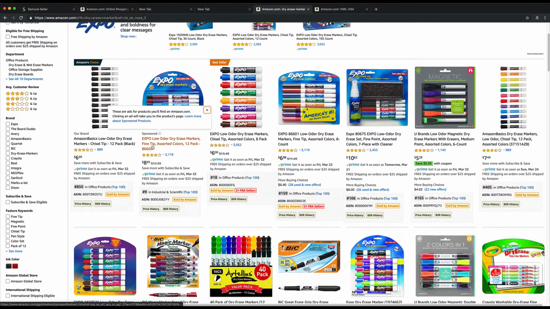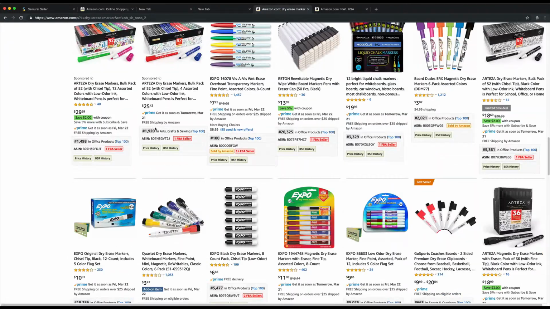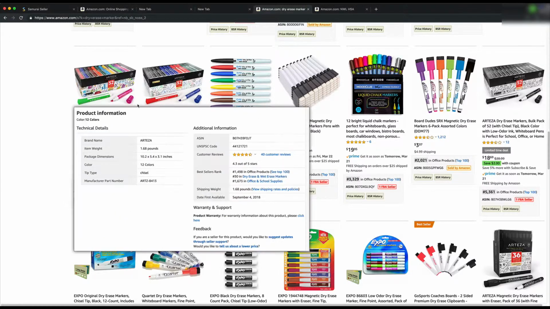These guys right here, again, Expo. If I click on that, it'll charge them another buck, maybe $1.50. Who knows? It's all done by auction. So you do a bid. So let's say they say my max bid is $3, and the second person, there should be another sponsored ad at the bottom somewhere, like this guy right here, Arteza. Let's say they bid $2.50, and then, well, whoever,